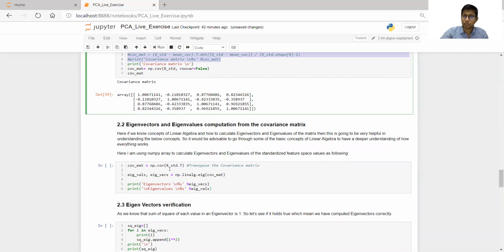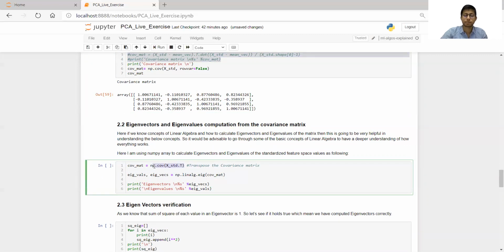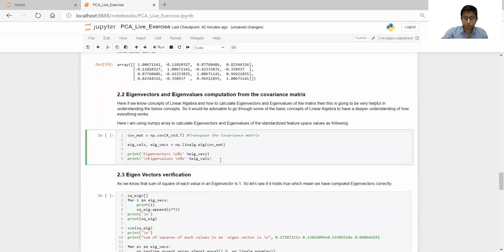So first let us transform: np.cov of X standard .T will give you the transposed form of the covariance matrix. Then if you pass that transposed form to np.linalg.eig, it will give you the set of eigenvalues and eigenvectors. Let me execute this.